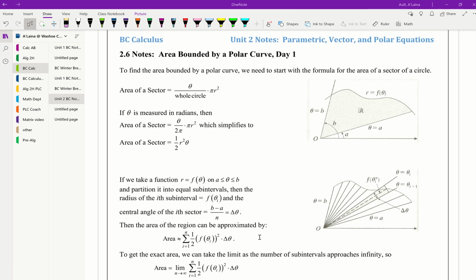All right, well, welcome to the BC Notes for 2.6. We're going to look at area bounded by a polar curve, and we're going to spend, I think, like 3 or 4 days on this. So today's day 1. All right, so to find the area of a polar curve, you might remember that to